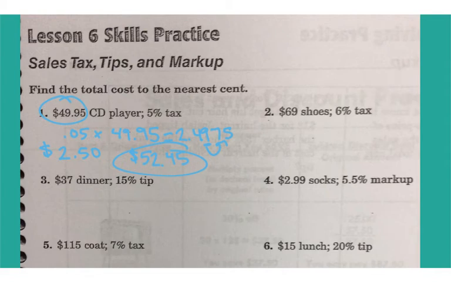So let's skip down to number 4. Now we could do it both ways. I'm just going to take the shortcut. I'm just going to move the decimal place over on the 5.5% markup